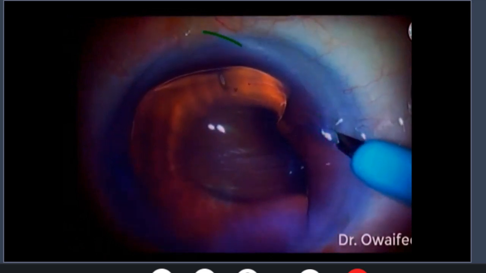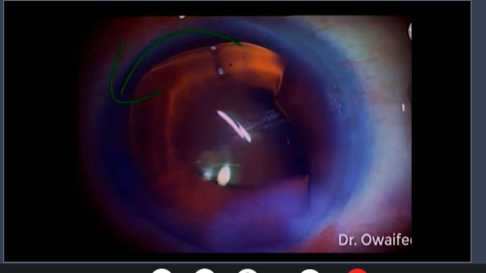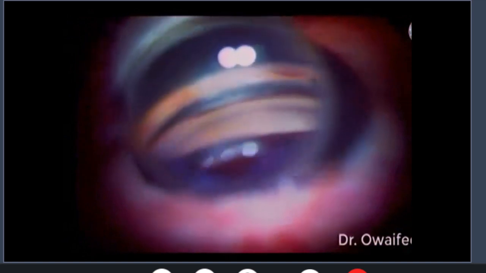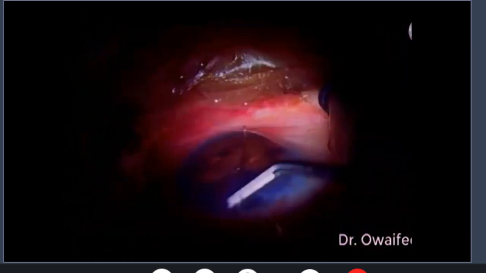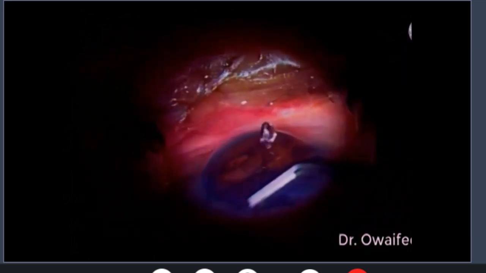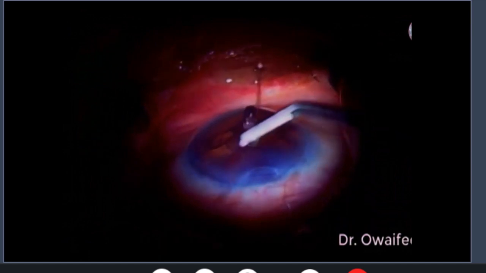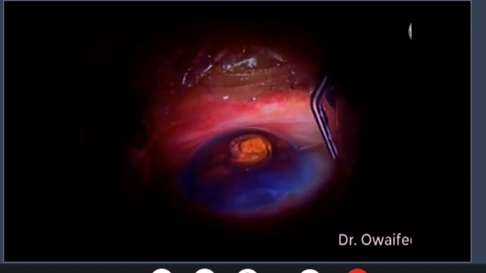A side port is created to insert the catheter, and the entry of the port is directed towards the nasal angle. You first visualize the anatomy, make sure that the angle is open. This patient, as with most of our patients, has a deeply pigmented meshwork. This is the catheter, and we're just testing that it can